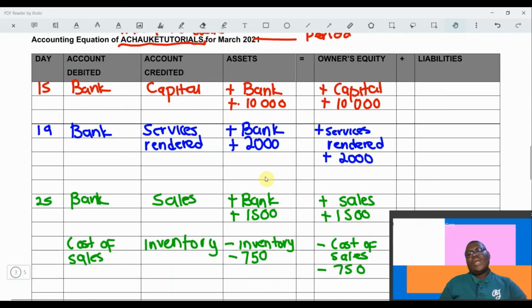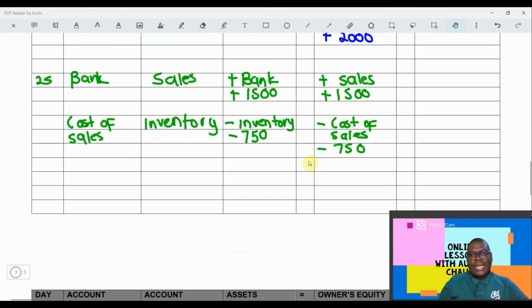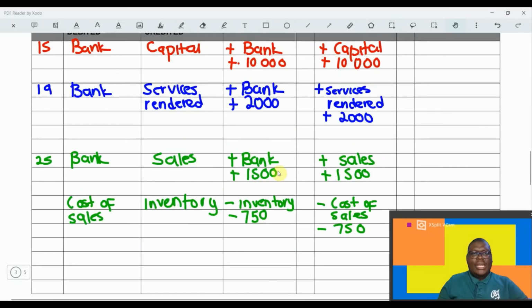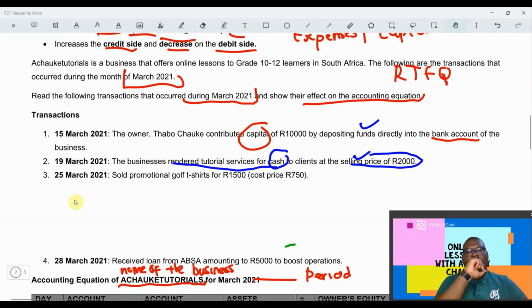the effects. If you want to see that you are correct, I'm going to use one example to show you. Remember we said that the accounting equation says assets is equal to owner's equity plus liabilities. If you check here, our assets total is 10,000, and if you take our owner's equity and add to liabilities, you also get 10,000. So this means that our equation is right. And then here I think we'll deal with the last transaction. They say